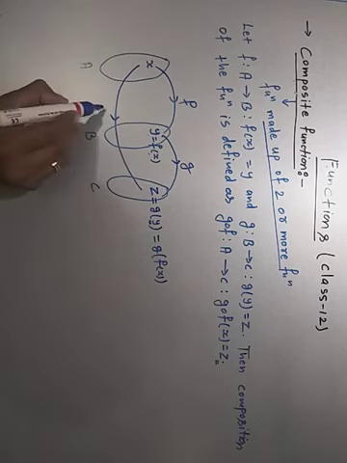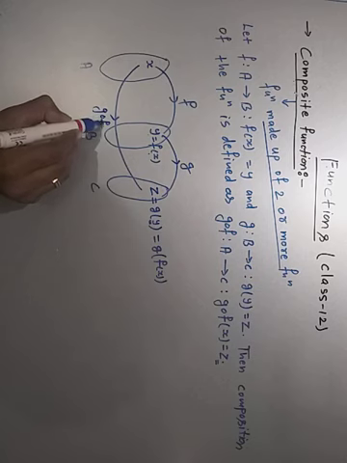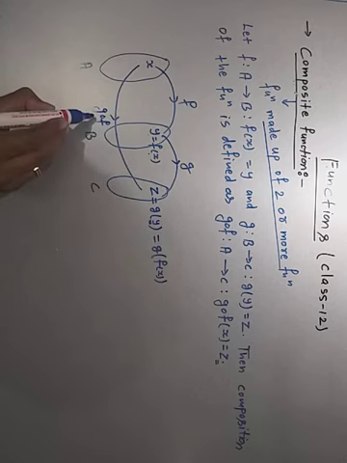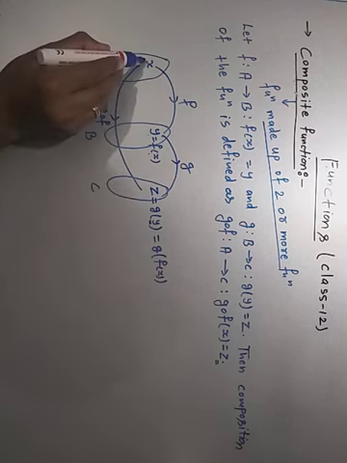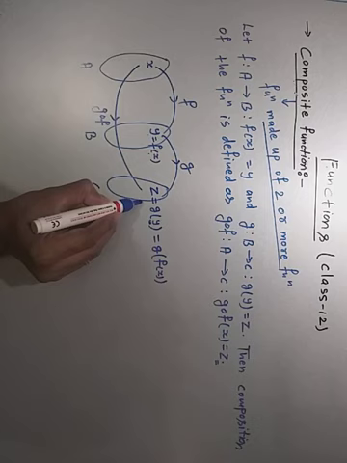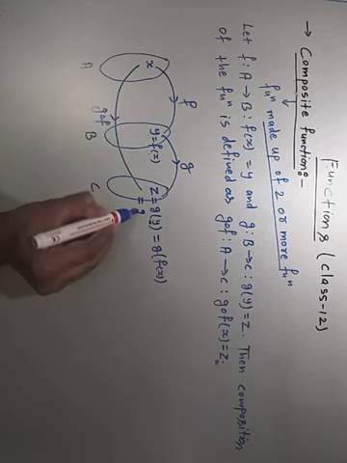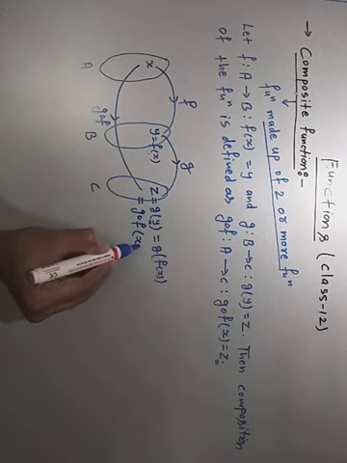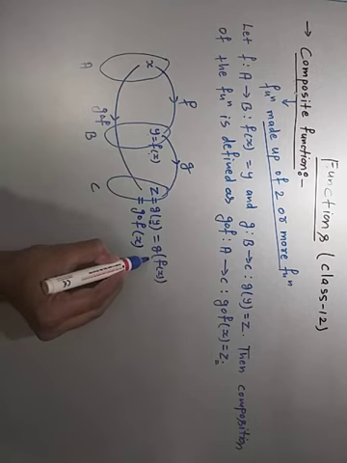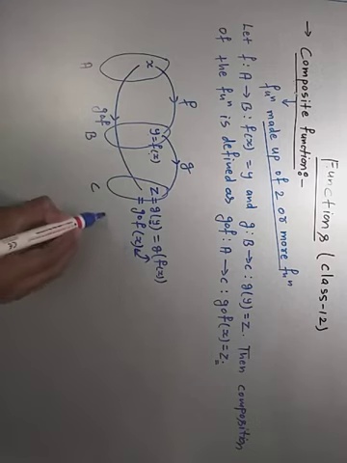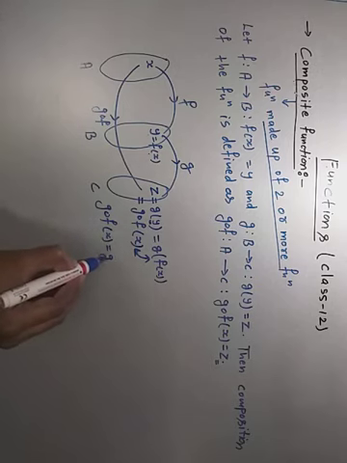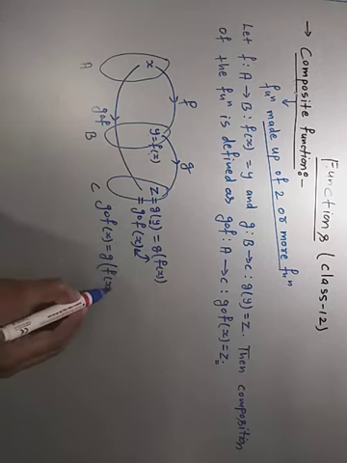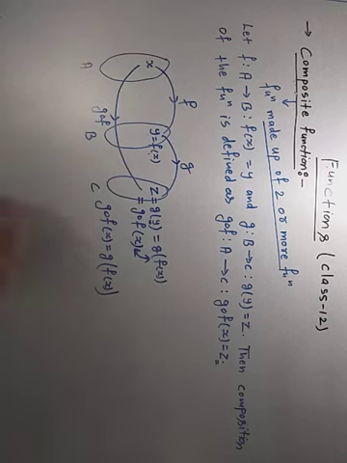Now there is one function which is defined directly from a to c, and that function is called gof function, and that gof function is defined from a to c, then z is the image of x under the gof. It means this z is also equal to gof of x. It means these two terms are identical. It means gof of x is equal to g of f of x। नाउ ये हुआ एरो डायग्राम से।